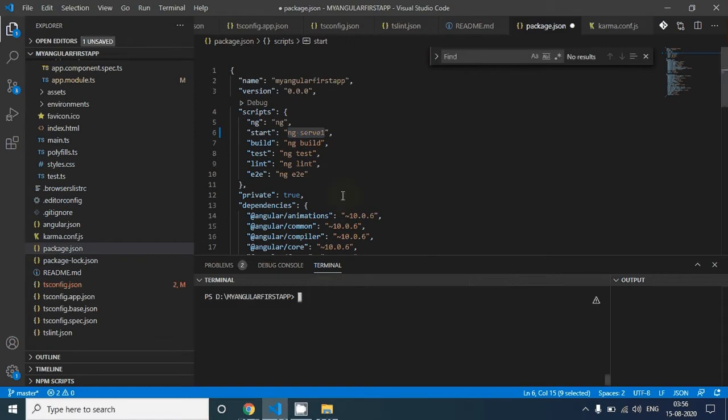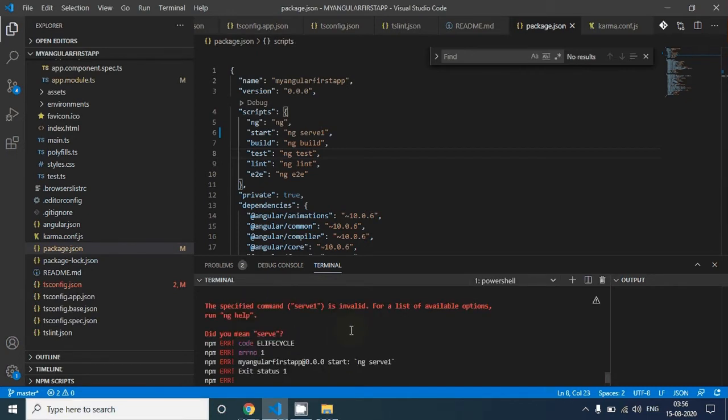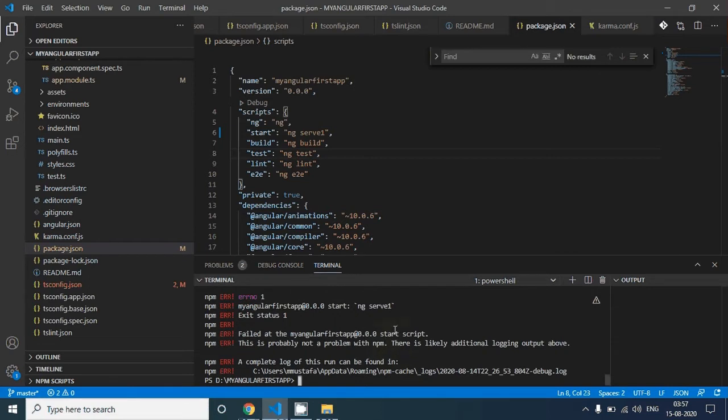So let's see what is happening here. Save this file. See, this is not saved, so make sure that you are saving the file. Save this file and again press the same command, npm space start. We got an error because ng serve1 is not a command. That's the reason. So this is proving that whether we run ng serve or npm start, the same command is getting executed.